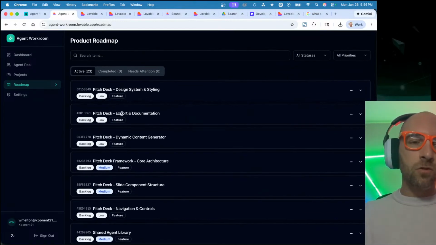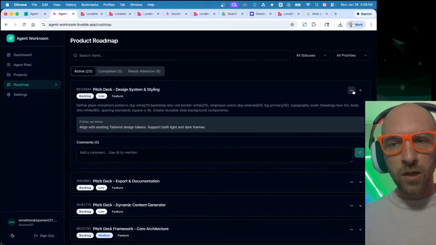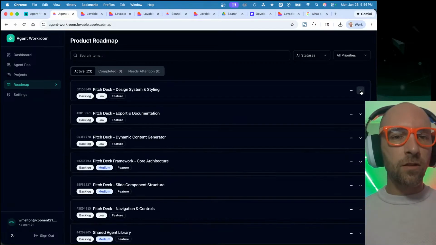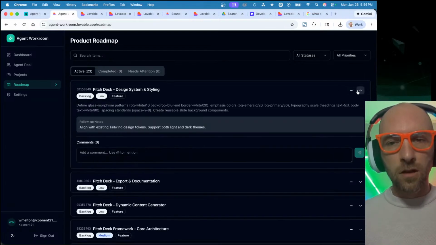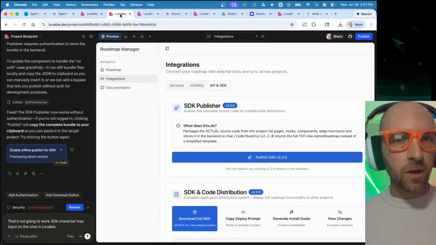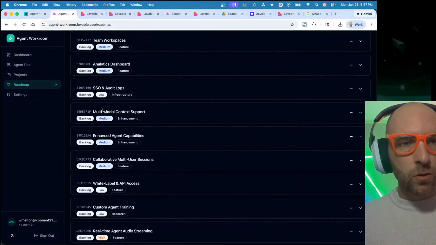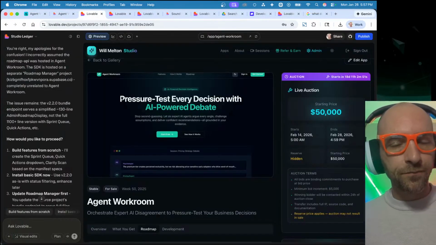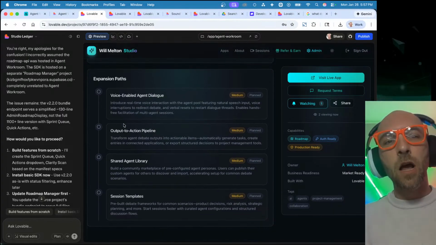But in the future, with these builds, I'm going to indicate whether or not these are available to be visible to the other side. And I don't actually know that that's something that we can do now. This doesn't have the latest version of the product roadmap that we're building over here, the 2.2, but that will happen in short order and pretty soon you'll be able to have some visibility into the expansion paths. Now, I'm going to knock a lot of this work out.